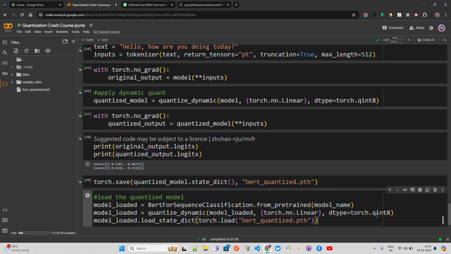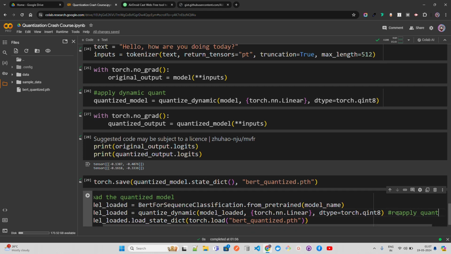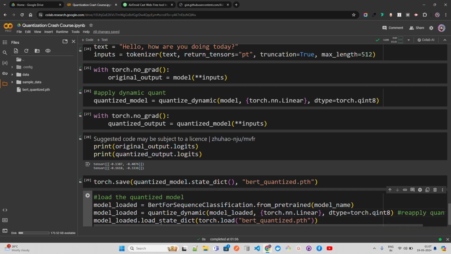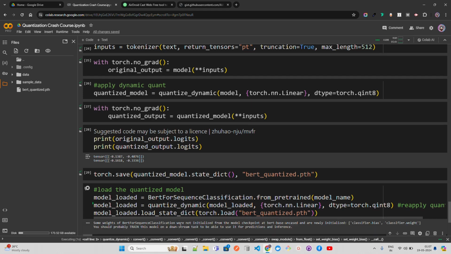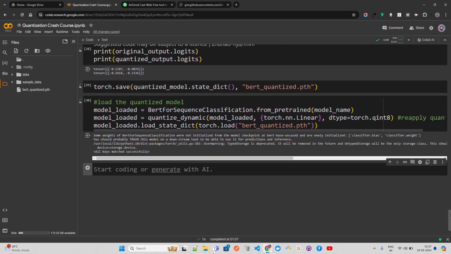We're just reapplying the quantization, with dtype torch.qint8, and then model_loaded.load_state_dict(torch.load) with this model. This is fine.